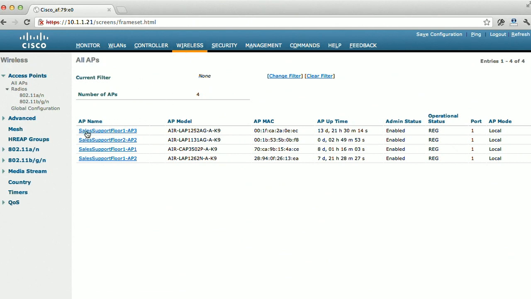And we can see that I have 4 of my 5 APs, because one is in autonomous mode. And I've named them Sales Support Floor 1, AP 1, 2, and 3, and Sales Support Floor 2, AP 2. And we can see the model. So I've got a 1252 AG, an 1131 AG, a 1262N, which also does ABG and N, and a lightweight access point or CAPWAP able